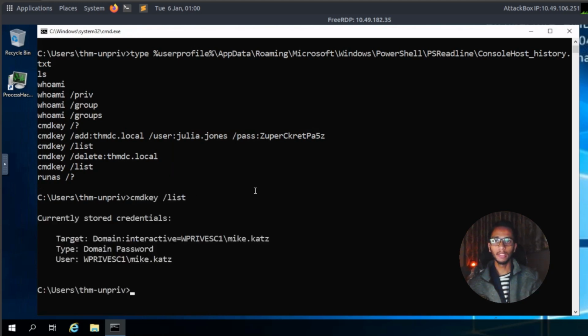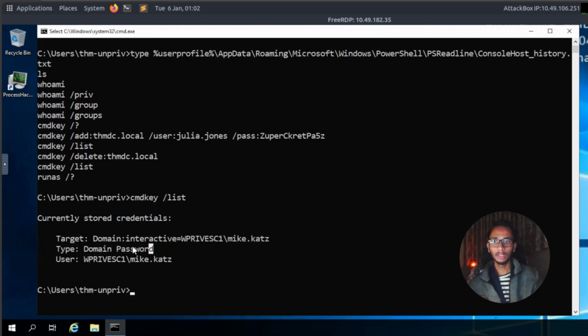So cmdkey means the Credential Manager, the program on Windows that manages and saves all of the credentials, and let's just say it shows me all of the saved credentials. So right here we are seeing some of the credentials that were saved in the Windows Credential Manager, and let me just explain this output. So Target is the specific computer or server that the password is saved for. So in this case the password is saved for this device and specifically for this user,